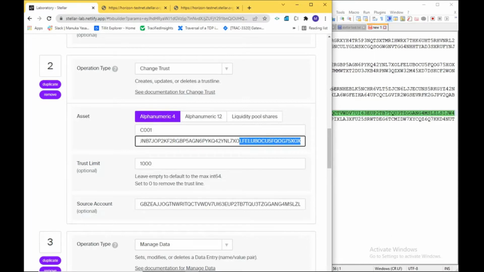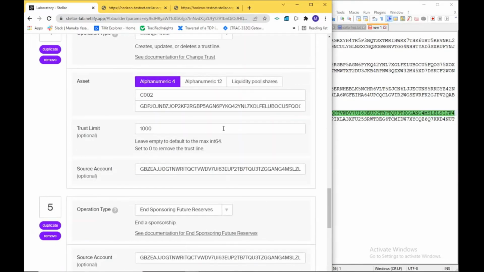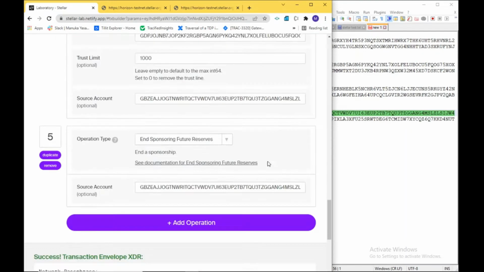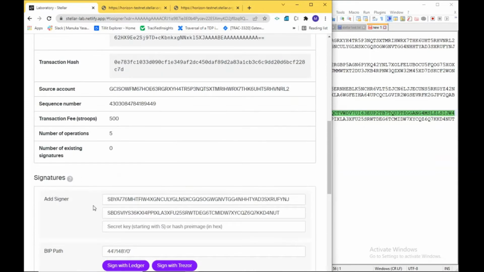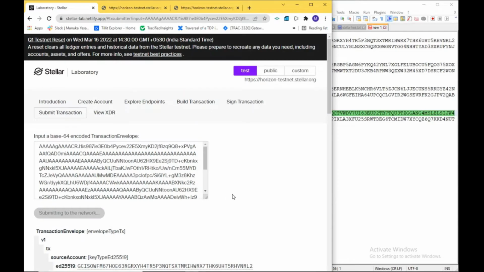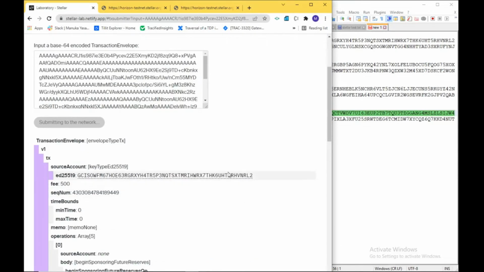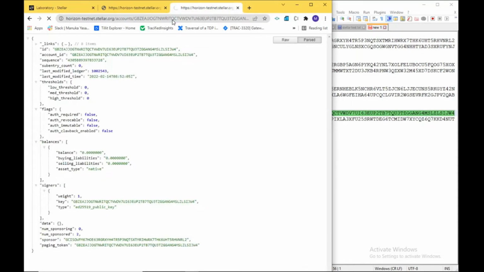Okay, and then I'm going to add some data to the new user account as well, and also I'm going to create another trust line for a different asset, and I'm going to end the sponsorship. So all the transaction fees, everything will be paid by Tresified, not this account, because this doesn't have lumens, it has 0 lumens in it. Okay, transaction submitted, and if we refresh this, you can see we have the